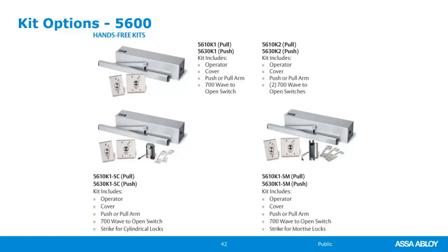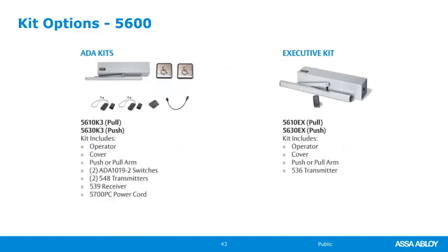This particular operator comes with more kits than any other, and that's because as people like those kits, they order them that way. So you can get them with the wave to open. You can get wave to open switches with a couple of different electric strike models. This first one there is the 1500, and the other one is the 1006 from HES. Really, really good strikes. I think it's awesome that we work with our sister companies to build these kits together. You can also get it with an operator that is set up radio frequency, wireless right out of the box,